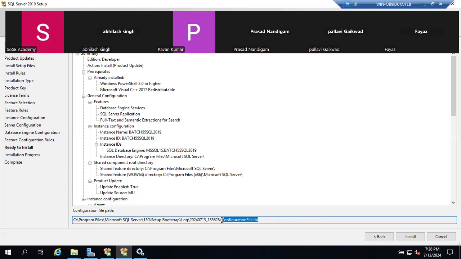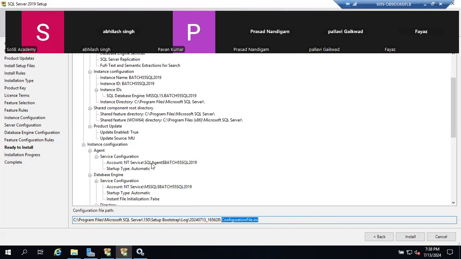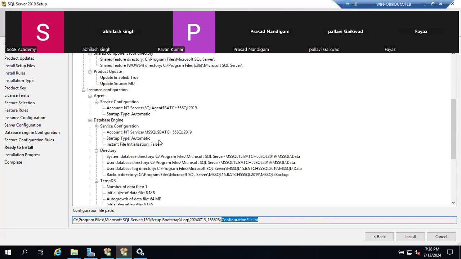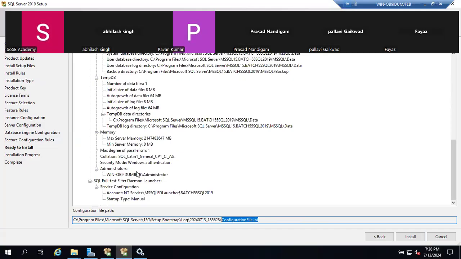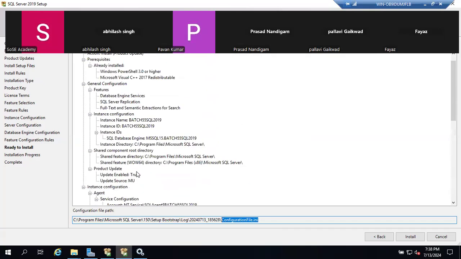It will read all the inputs. Okay, Shanmugh selected this option here, gave the instance name like this, selected this kind of collation settings, gave the services, the service account, and the configurations like this. Now I've got all the inputs, so I'll install. I mean, the operating system will think like this. It will take the inputs one by one and start installing SQL Server. That command will be stored in the